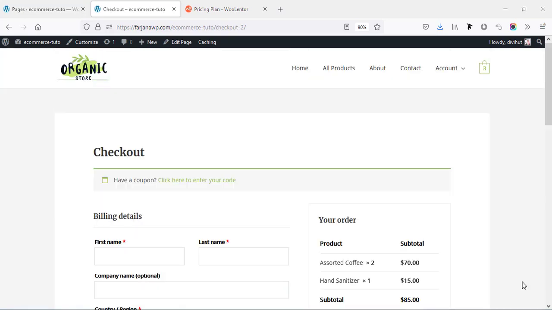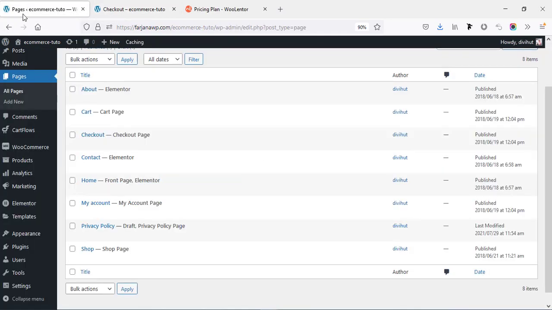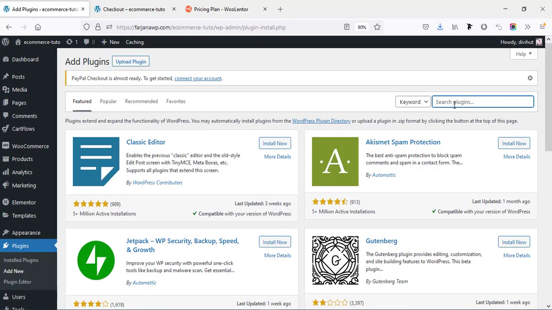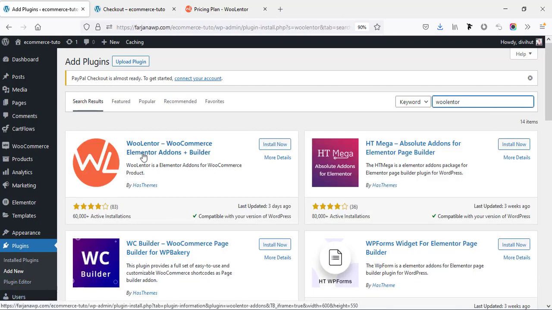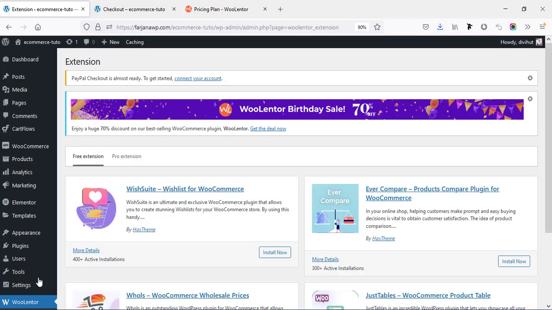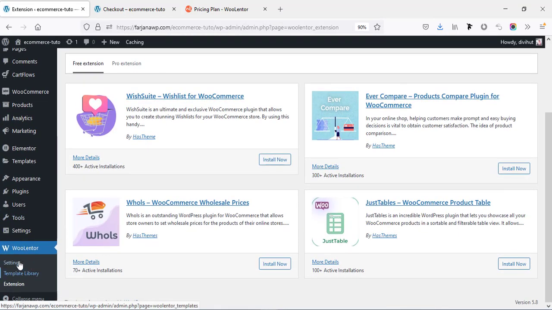Now I will show you how you can customize all these WooCommerce pages using a plugin. So going to the dashboard again, and from here going to plugins and add new plugins. Here I'm searching for Woolentor. So this is the plugin Woolentor. I'm going to install this one and activate. Now here on the left side we will find a new tab, Woolentor. If I go to the settings page,